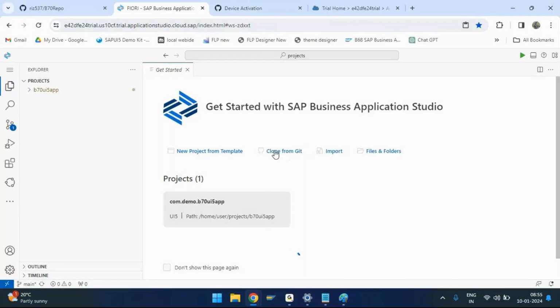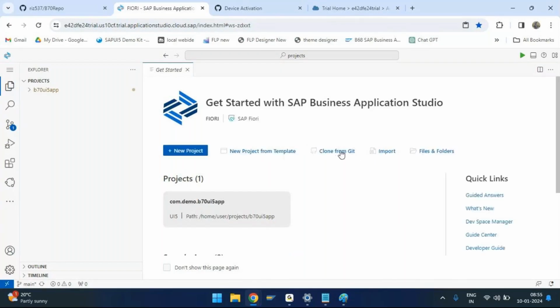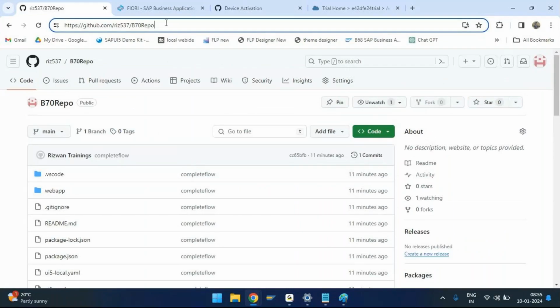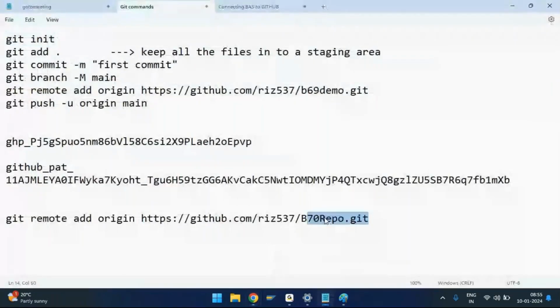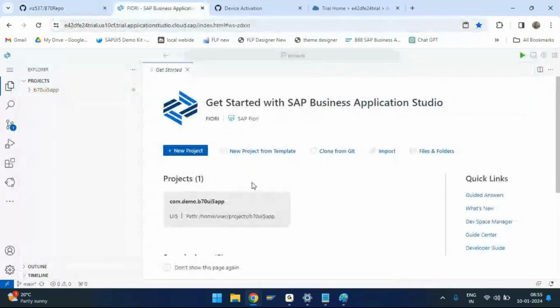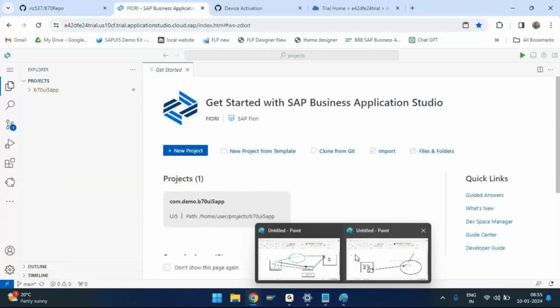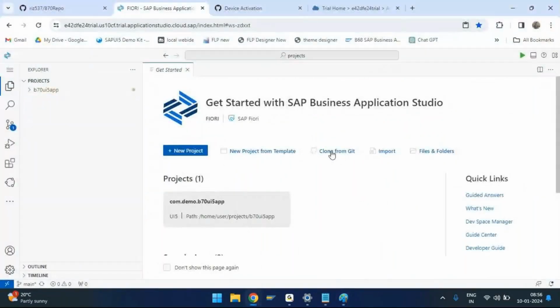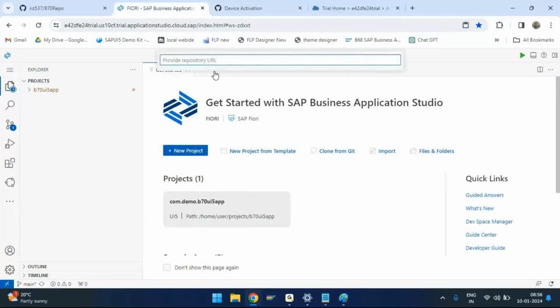Here, what you need to do is click on clone repository, clone from Git, because my project is present in the Git repository. You need to copy this URL. This is the URL where your code is present. You are a new developer and you want to pull the code from this code repository, as we already discussed. So straight away, choose the option clone from Git. Give the URL and hit enter,